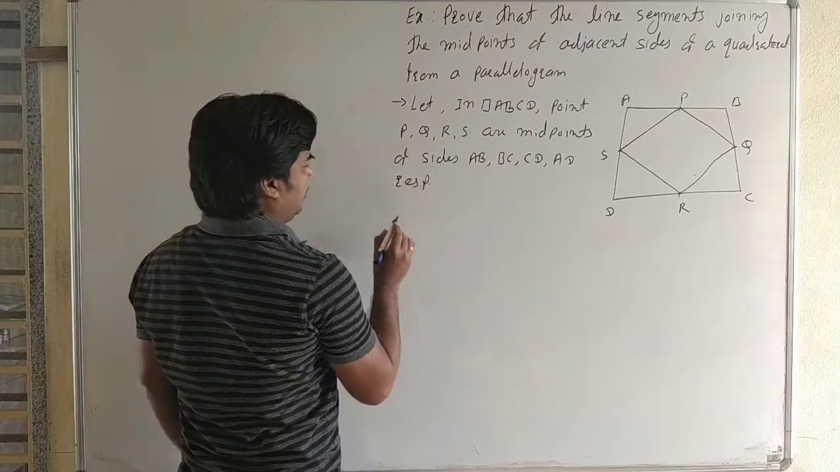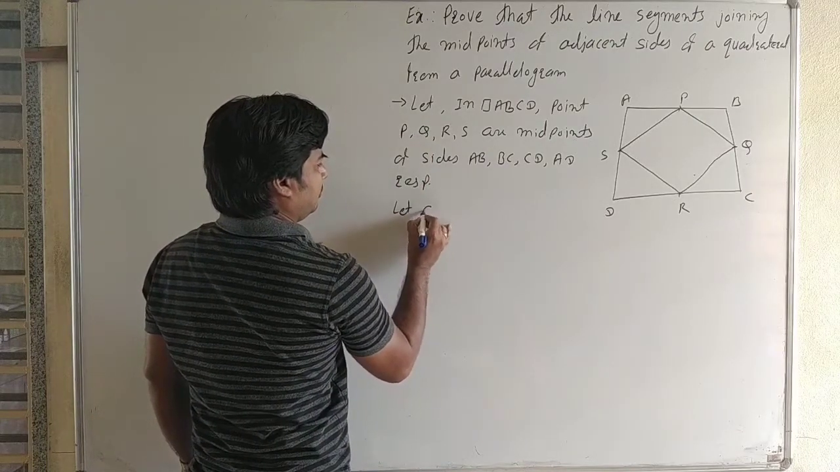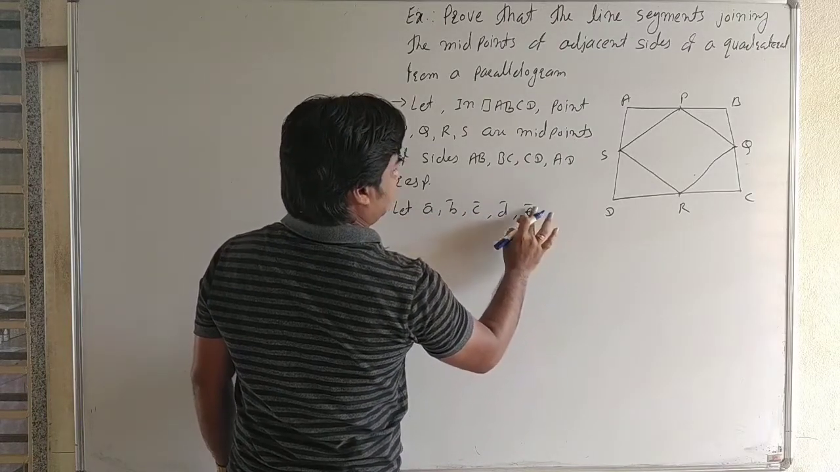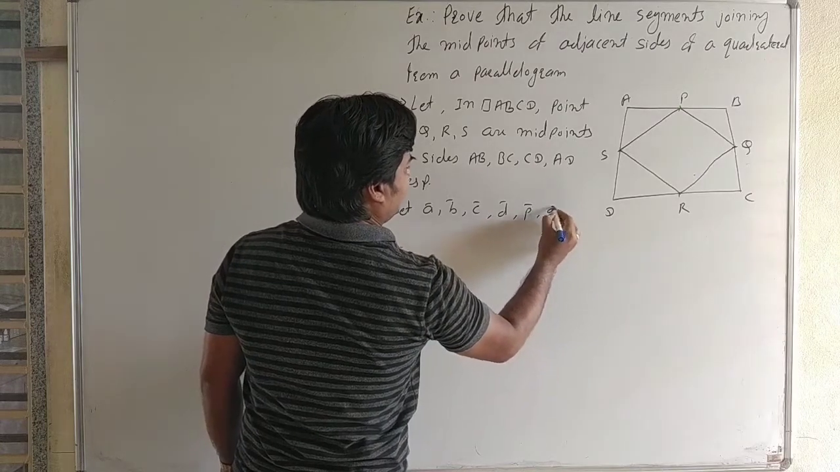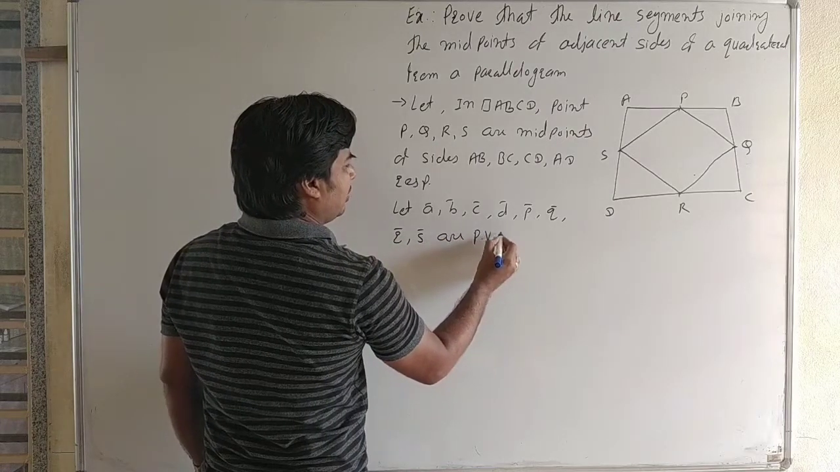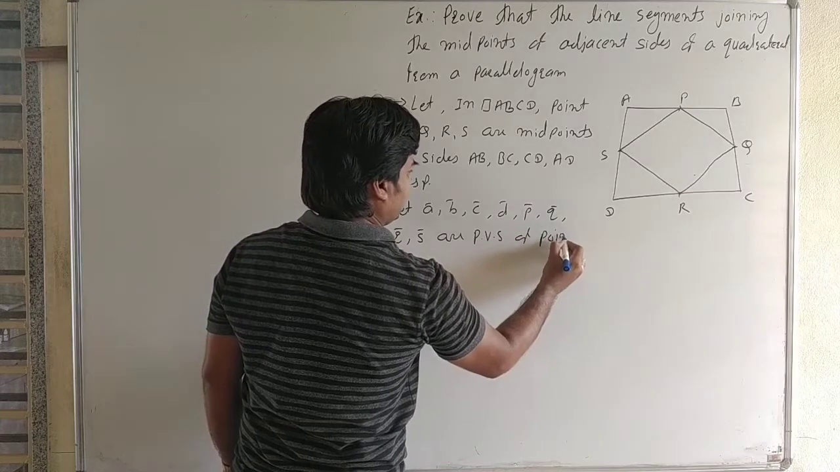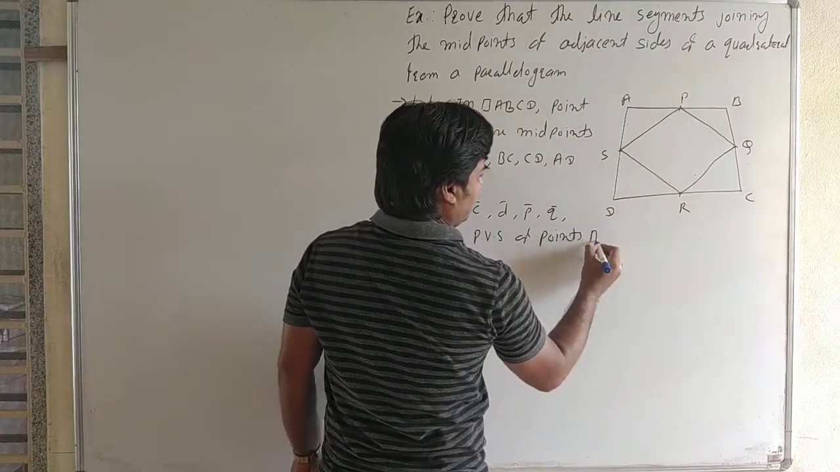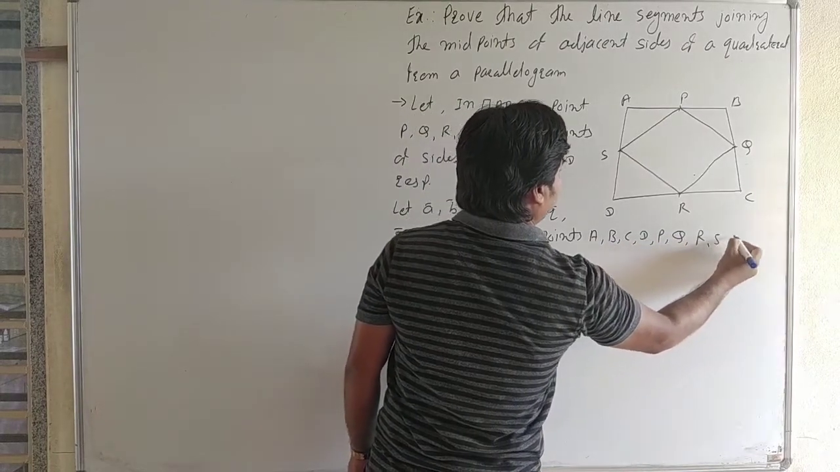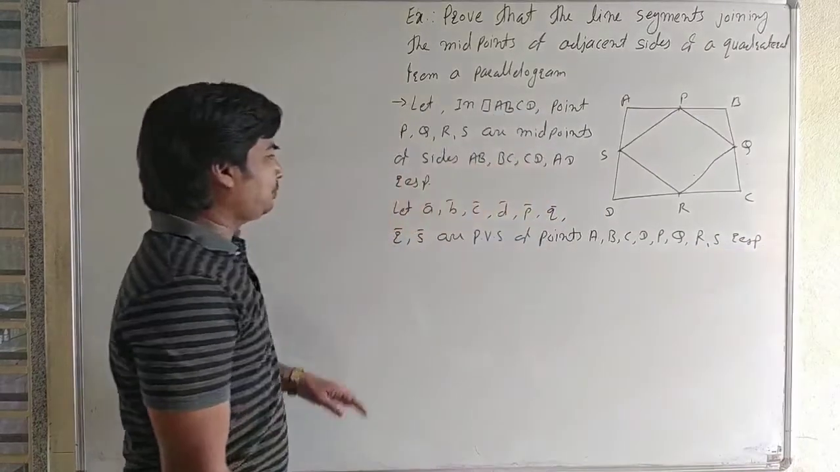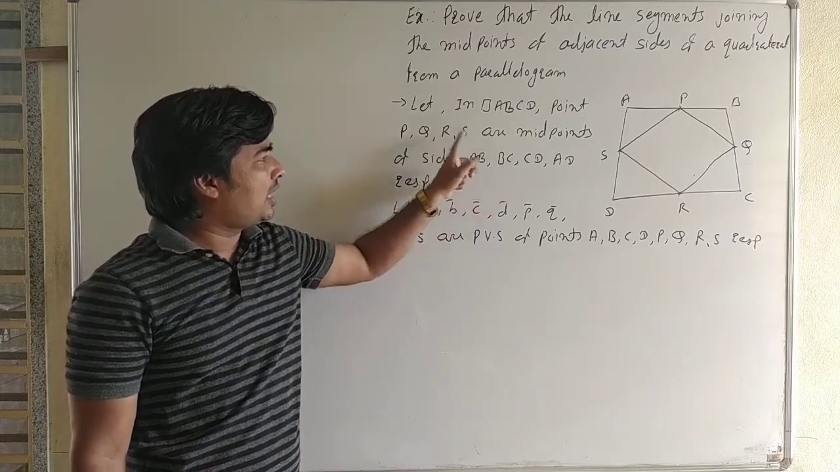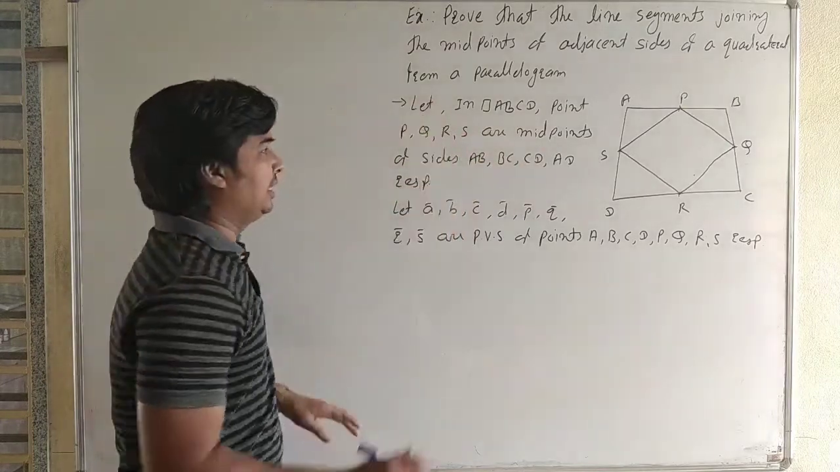Now first we write the position vectors. Let a bar, b bar, c bar, d bar, p bar, q bar, r bar and s bar be the position vectors of points A, B, C, D, P, Q, R and S respectively. Here P is a midpoint of AB, Q is a midpoint of BC, R is a midpoint of CD and S is a midpoint of AD. Therefore we can write